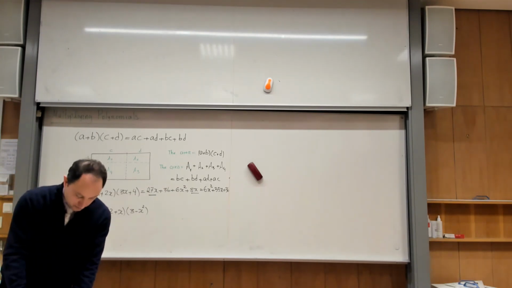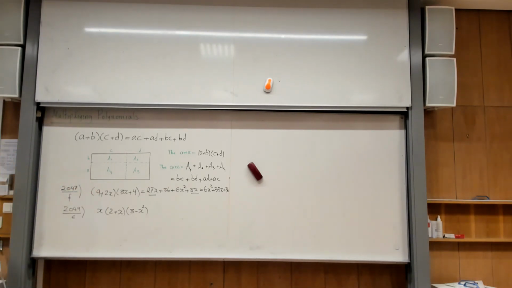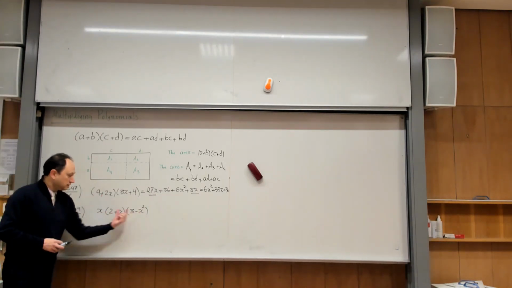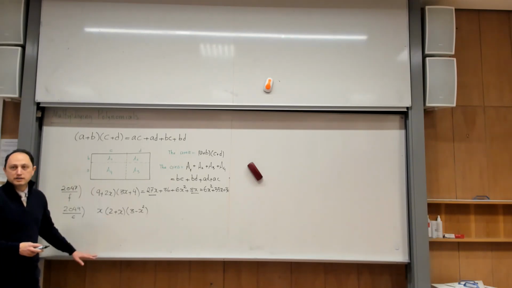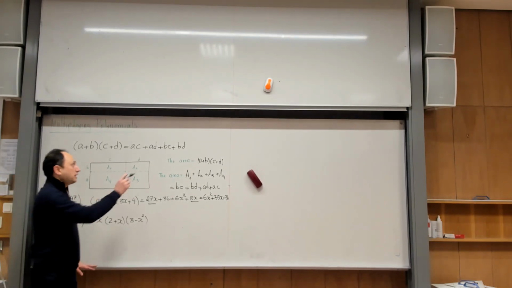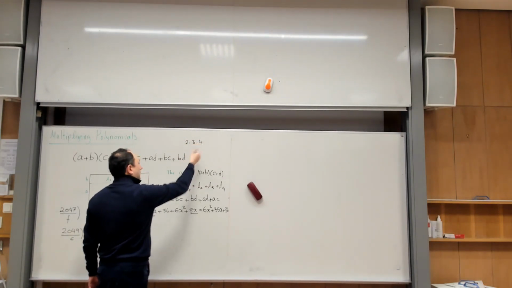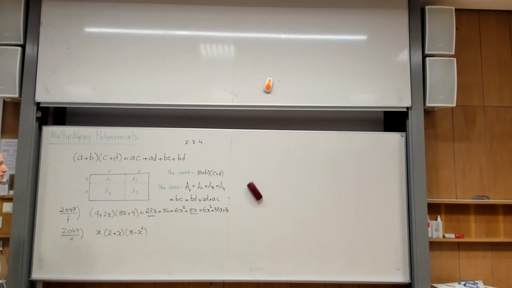Yes? So here I have three expressions that I want to multiply. The rules are exactly like numbers. If I give you 2, 3, and 4, and I ask you to find this product, you can